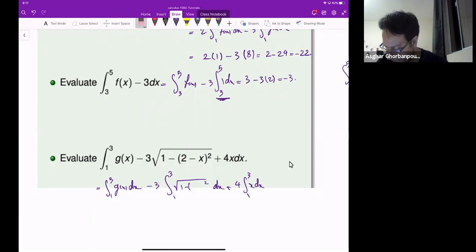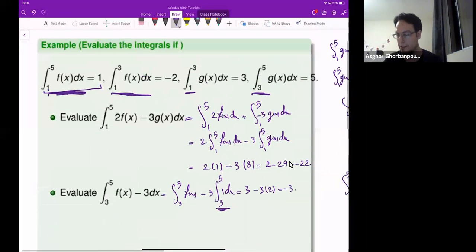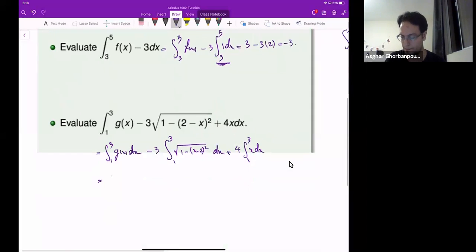As I said before, these guys are of the form that you can get from the circle, semicircle, quarter of a circle. 2 minus x squared is the same thing as x minus 2 squared. So I look at the first integral now. Integral of g(x) from 1 to 3. It is given. It is the number 3 minus 3 times. What is this guy? This is upper semicircle